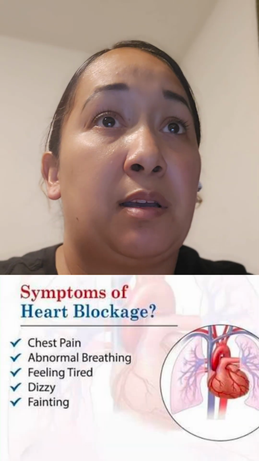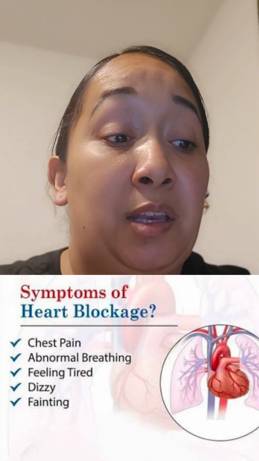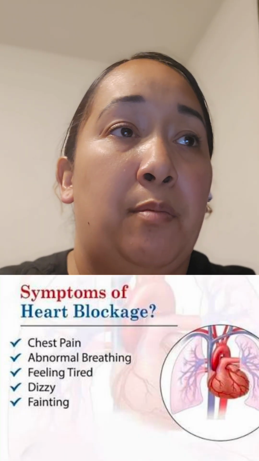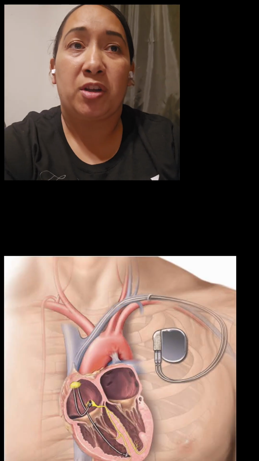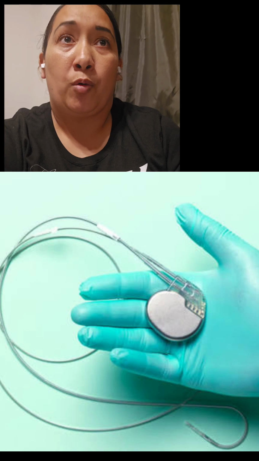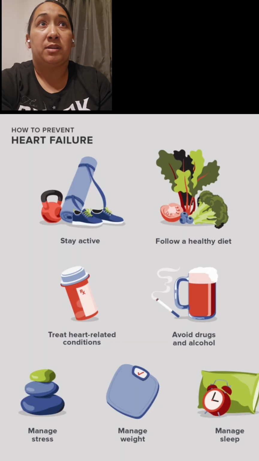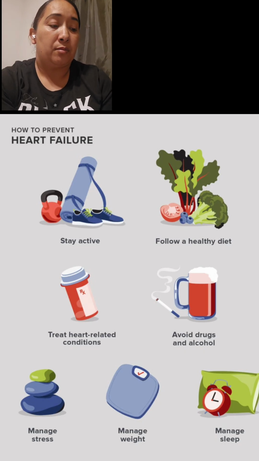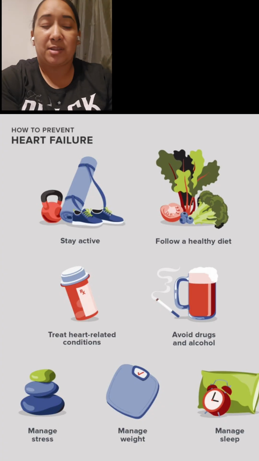Some of the symptoms of a heart block are a slower heart rate, skipped beats, and shortness of breath. The patient may feel dizziness, maybe fainting, or even fatigue. Some of the treatments for heart block: one, the patient can wear a pacemaker that will help them regulate their heartbeat. Some of the preventions for heart block are maintaining a healthy lifestyle, like exercising, having a